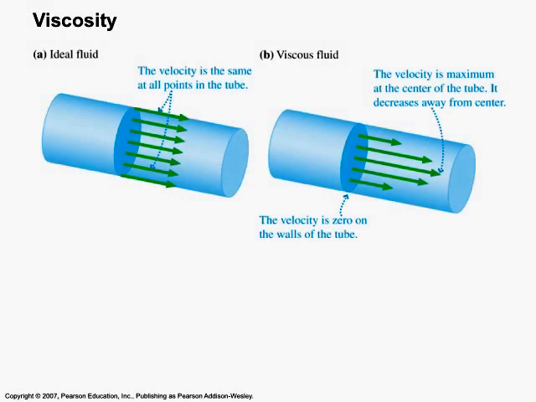Now there are complications to fluid flow that we haven't discussed yet. We've so far been dealing with the fluid flowing in streamlines that all flow exactly the same, where the streamlines at the edge of the tube flow the same way as at the center. But of course the edge of the tubes always have some resistance. It is some material, whether it's a lot or a little, there is some resistance. Whereas the fluid in the middle is just, in a sense, passing or rubbing the fluid on either side of it, not rubbing the sides of the container. So fluid flows differently in different locations along the cross-sectional flow. The streamline of the fluid flows fastest down the center and slowest at the edges. This is known as viscous flow.